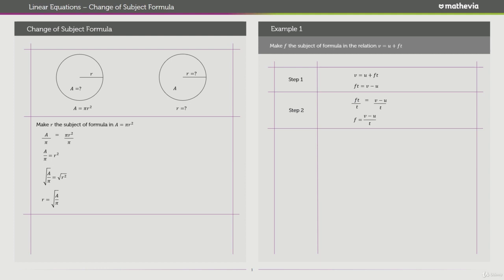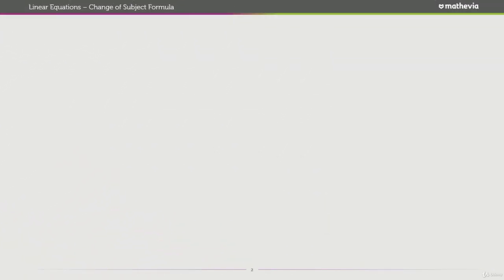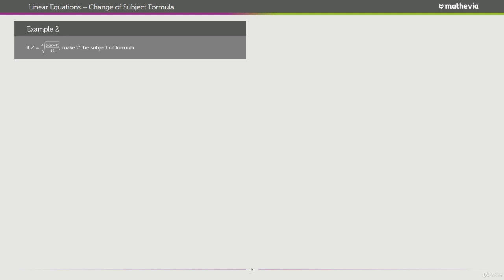Let's do another one. Example 2. And example 2, now this looks a bit more interesting. Example 2 says, if p equals the cube root of q multiplying r minus t over 15, make t the subject of formula. Okay, let's jump right into this. The first thing we want to do here, looking at p equals the cube root of q multiplying r minus t over 15,